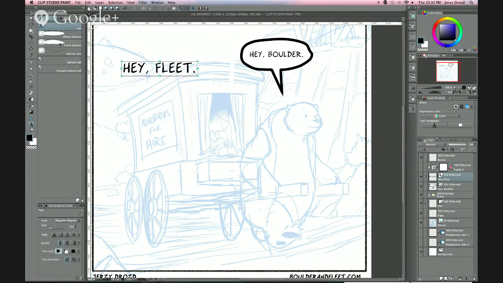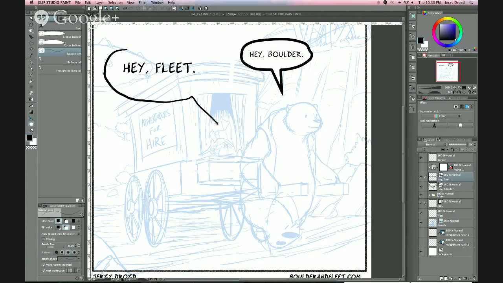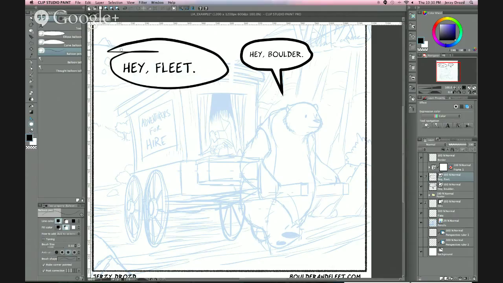And then there is a balloon pen tool. So now with that text layer selected, I can go and this is gonna look really crummy because I've got a lot of lag going on. That looks awful. But let me try that again, and I'll just do it quickly. There we go. And you can hand draw your balloons,